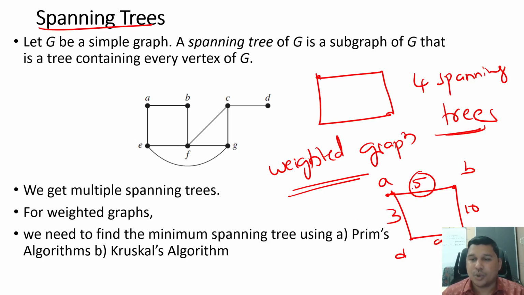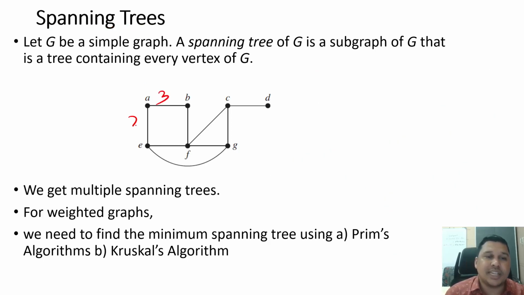See this example: if I put the numbers 3, 2, 1, 4, 6, 7 on the edges, then this graph becomes a weighted graph. We need to understand both normal graphs and weighted graphs because we need to see how the concept of spanning trees works. Now when you have a weighted graph,